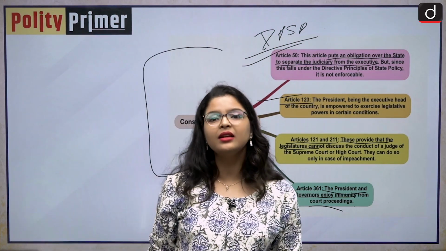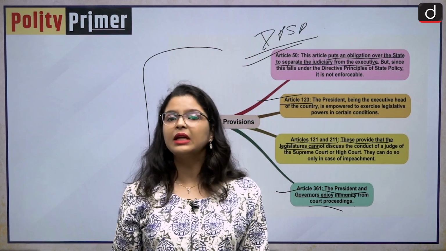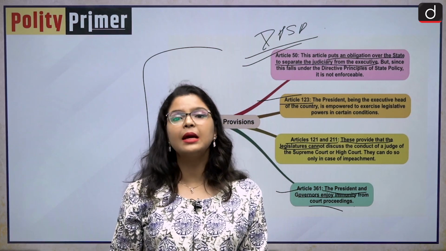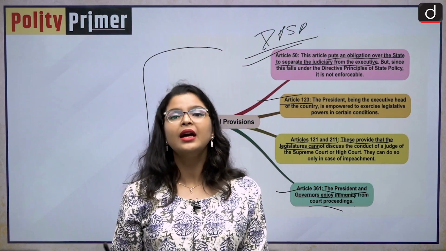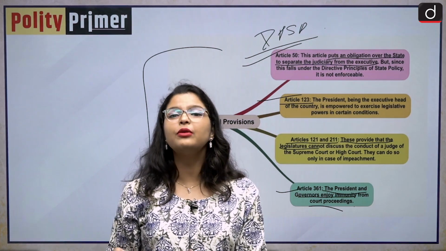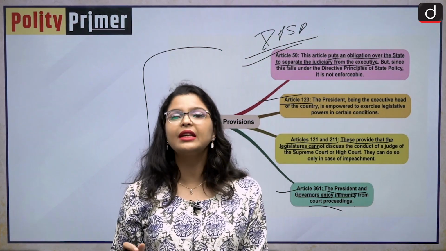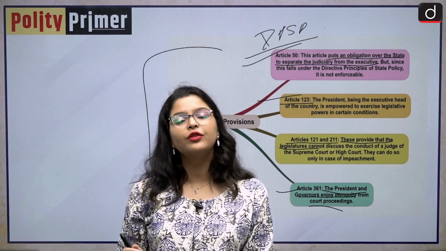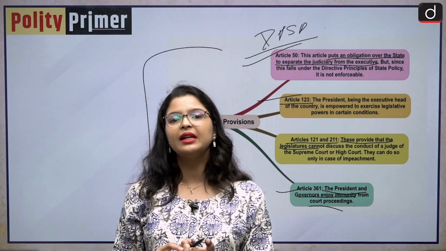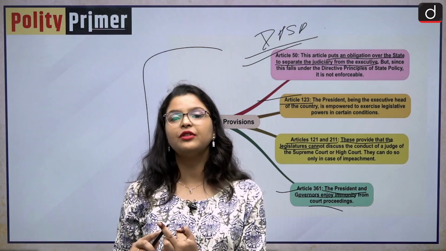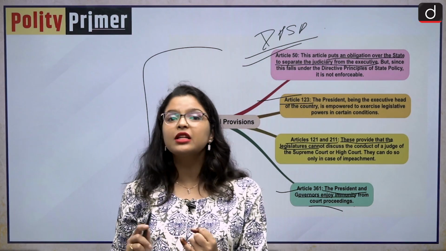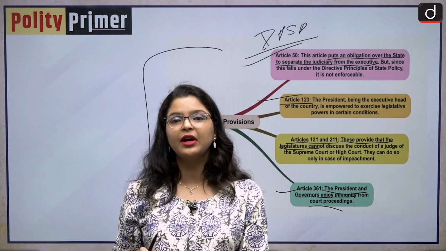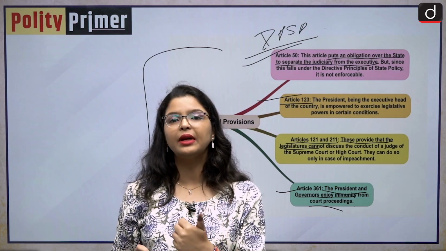And we can say that somewhere or the other, the Indian Constitution does accept the doctrine of separation of power, but it is in a very liquefied form. It is not in a very strict manner. Because what we often see is that the legislature in India can perform judicial functions as well. Then the executive can perform legislative functions, as we have seen in Article 123.